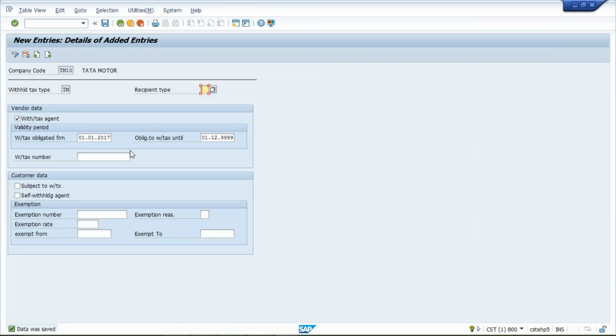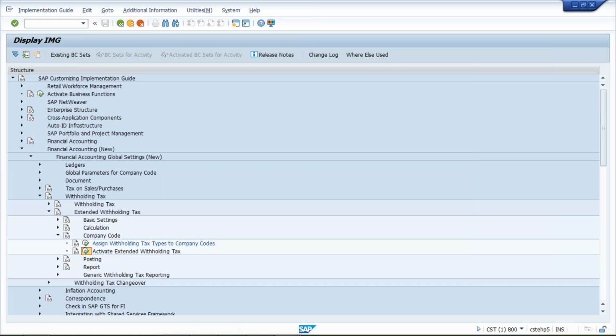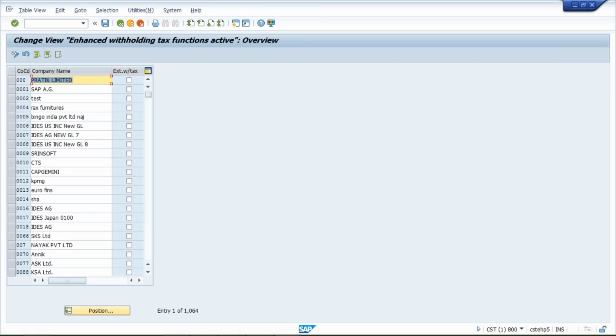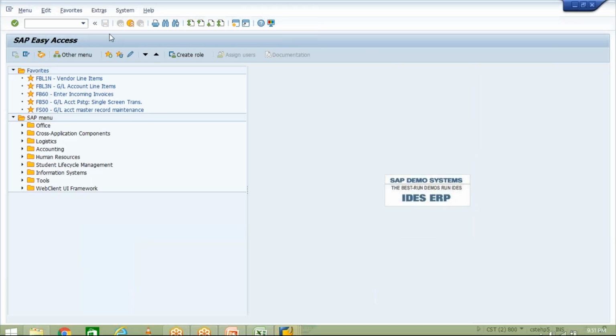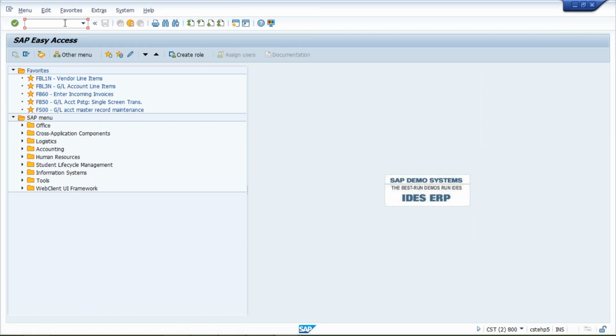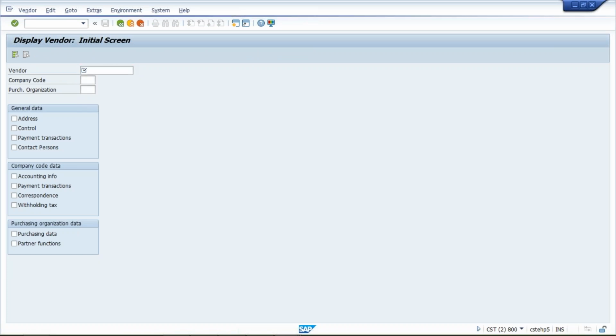Come back, and then we have to activate this withholding tax. Okay guys, here I'll let you know one more thing before activation. Let's suppose you have created a vendor. Use XK03 to display the vendor master. Which vendor is that? We'll have to search.